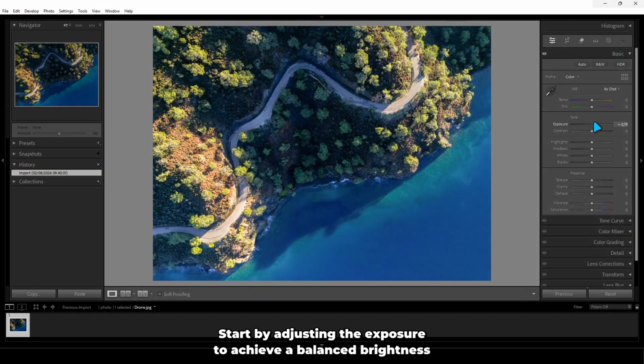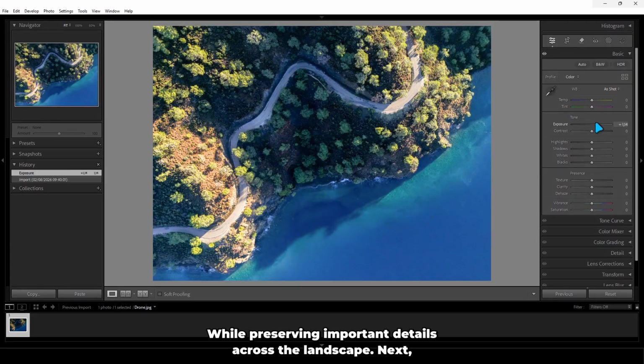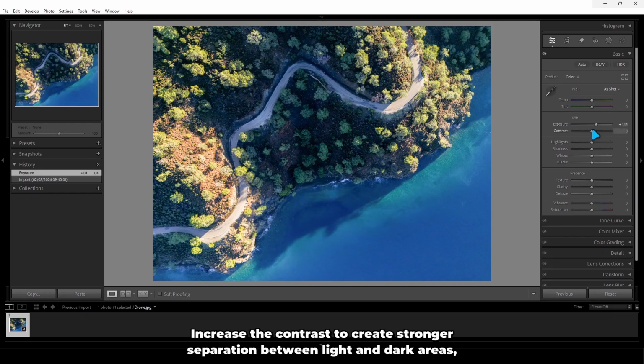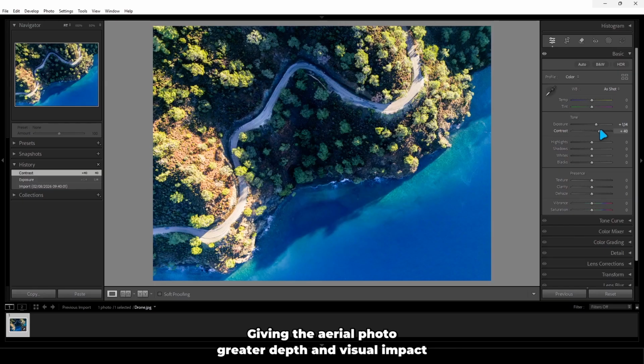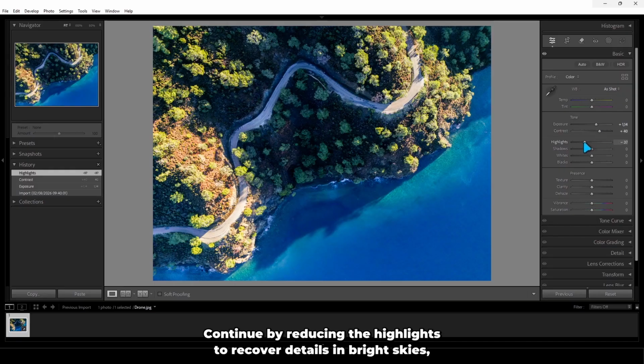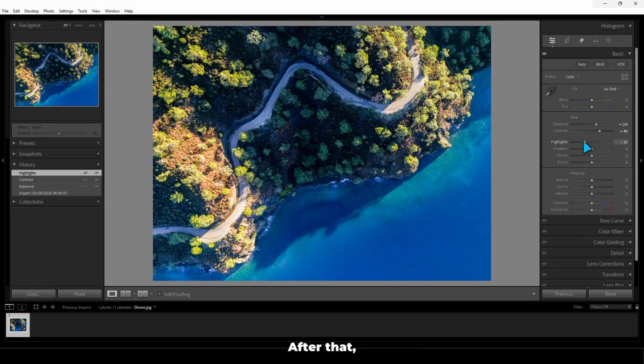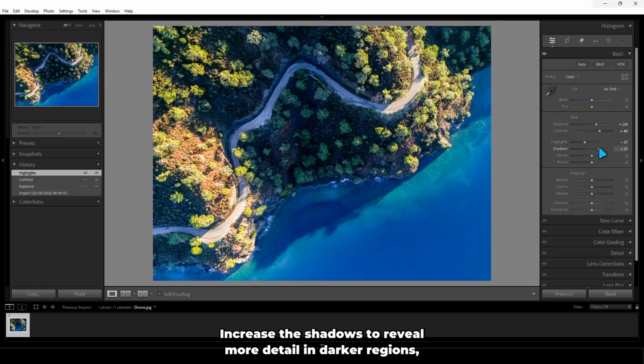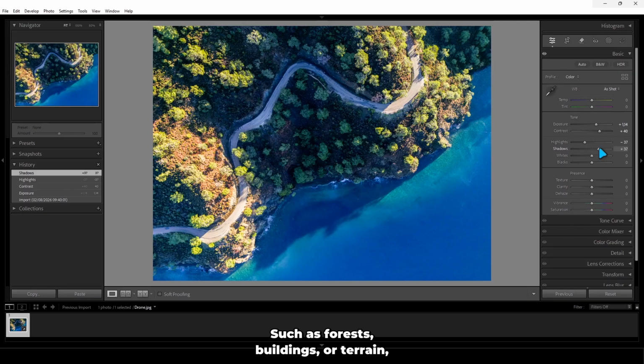Start by adjusting the exposure to achieve a balanced brightness while preserving important details across the landscape. Next, increase the contrast to create stronger separation between light and dark areas, giving the aerial photo greater depth and visual impact. Continue by reducing the highlights to recover details in bright skies, reflective surfaces, or sunlit areas without losing texture. After that, increase the shadows to reveal more detail in darker regions, such as forests, buildings, or terrain, while